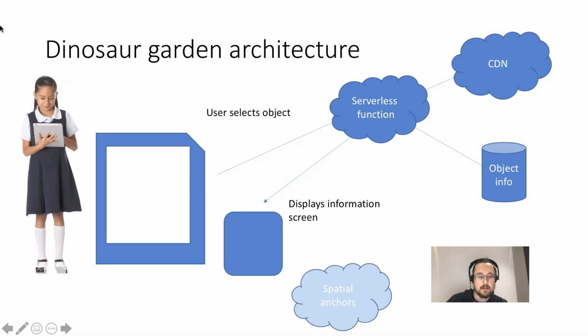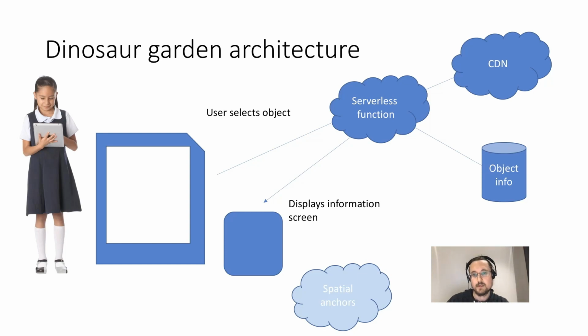Okay, finally, let's try to sum this up. I've shown you what an app can look like. It looks a bit crude, but the point is we kind of understand what the interaction would look like. So here we have our dinosaur garden architecture. Here at the bottom left, you see a user who maybe uses an iPad or maybe a mobile phone, and